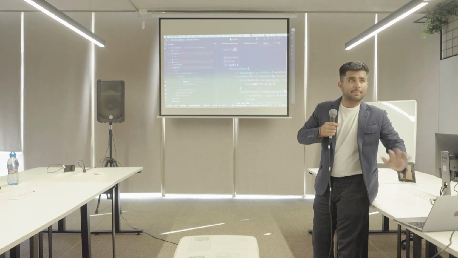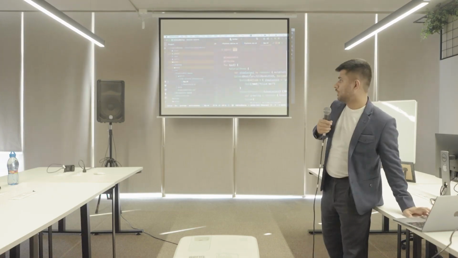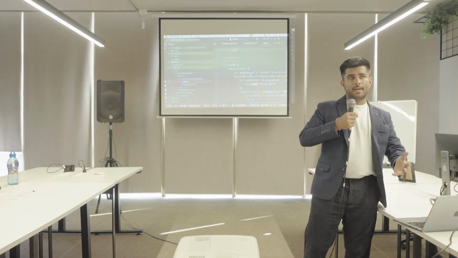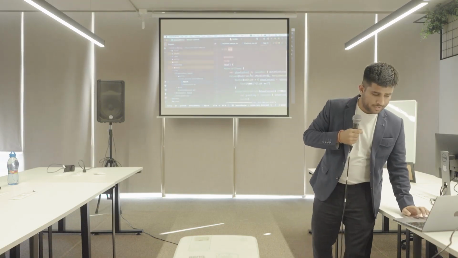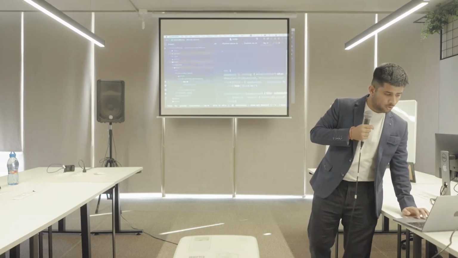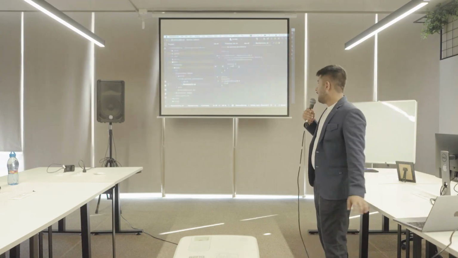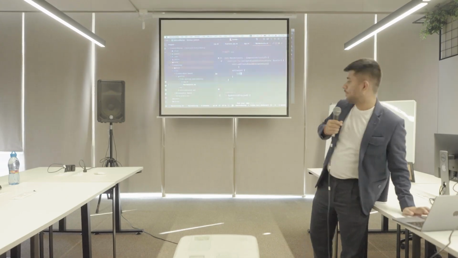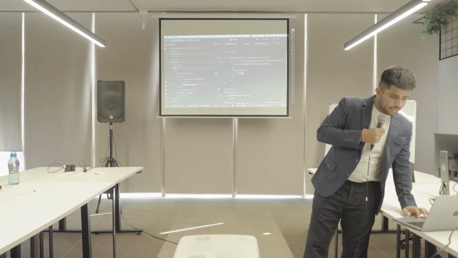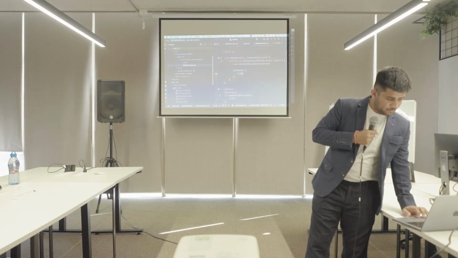People familiar with Jetpack Compose over here? Yeah. All of you? Yeah. So this code does nothing but show a button. If I click on that button, it will just launch a Compose logo. That is all this code does, even if you don't know Compose. And this is your main activity, which has your set content, and in set content we call that app. And something similar will happen on the iOS app.